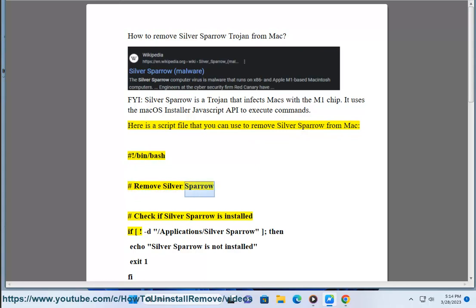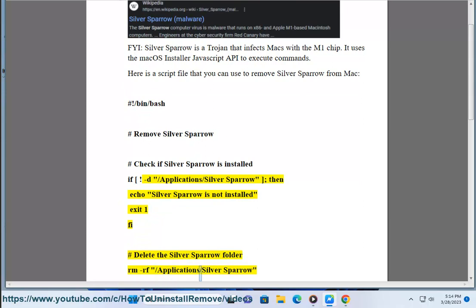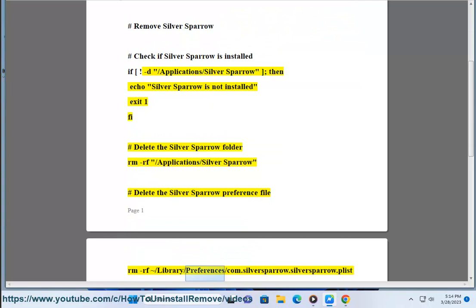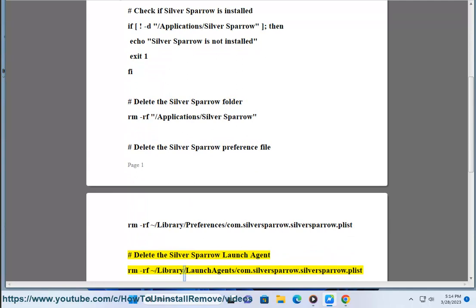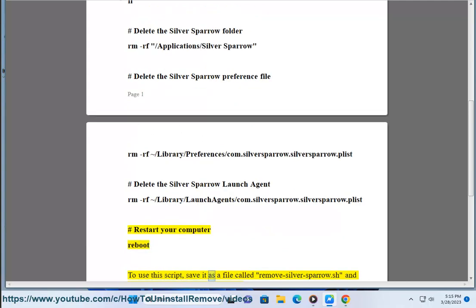#!/bin/bash #remove Silver Sparrow #check if Silver Sparrow is installed if [ ! -d /Applications/Silver Sparrow ]; then echo Silver Sparrow is not installed exit 1 fi #delete the Silver Sparrow folder rm -rf /Applications/Silver Sparrow #delete the Silver Sparrow preference file rm -rf /Library/Preferences/com.silversparrow.silversparrow.plist #delete the Silver Sparrow launch agent rm -rf /Library/LaunchAgents/com.silversparrow.silversparrow.plist #restart your computer reboot. To use this script, save it as a file called remove-silver-sparrow.sh and then run it